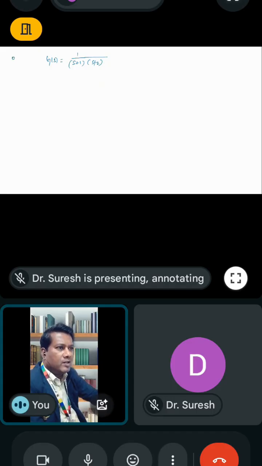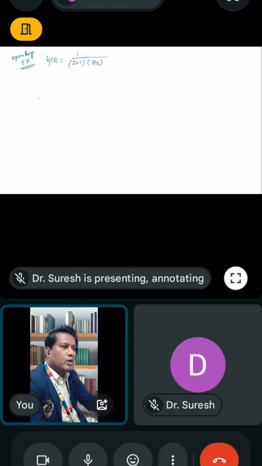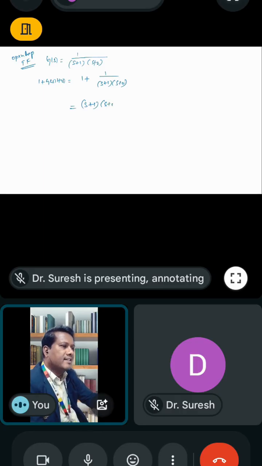It is the open loop transfer function of the system. To find the stability, we need a characteristic equation. So first find the characteristic equation from the open loop system. Here H of s is the feedback, so no need to